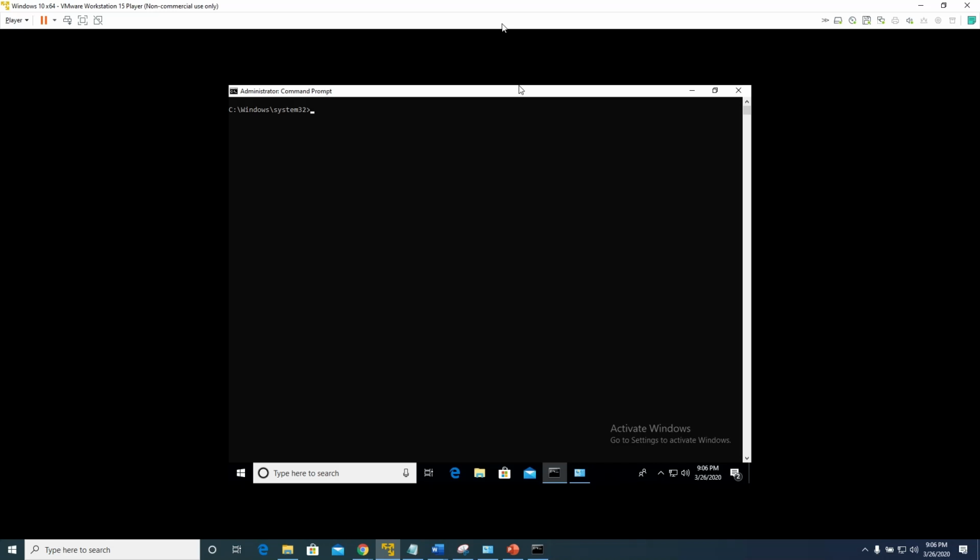Okay, as you can see, we are in the command line interface, or the command prompt, and we are logged in as an administrator. In order to use the advanced firewall, you have to be an administrator. So what we're going to do here is use the Netshell utility, which is NETSH, advanced firewall commands, which will be